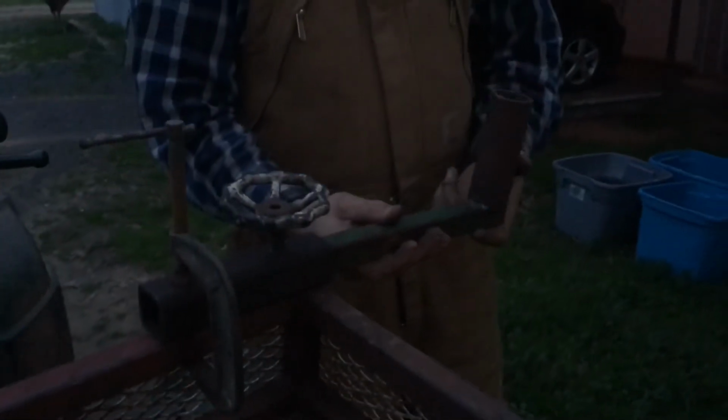The last thing I want to talk about is this right here. I think it's the last thing, if y'all bear with me. I've got this little piece of square tubing. Put it in there, and I've done it. I've briefly touched on this before, but all this is